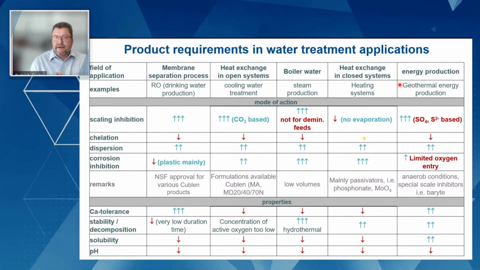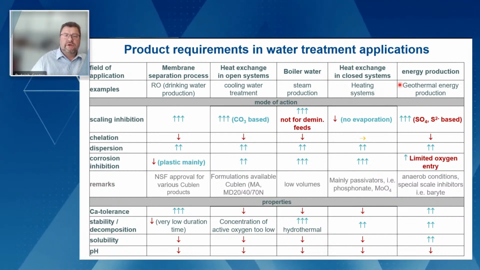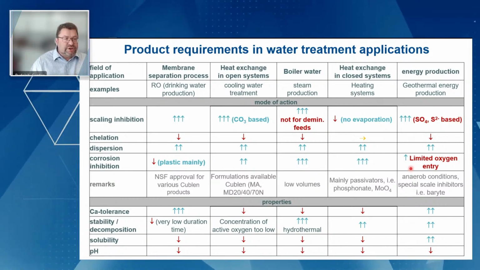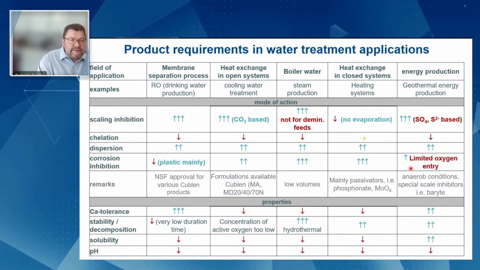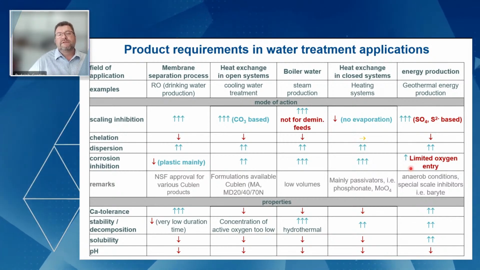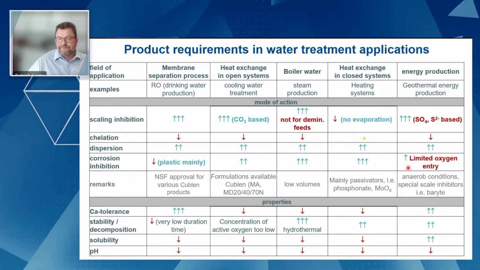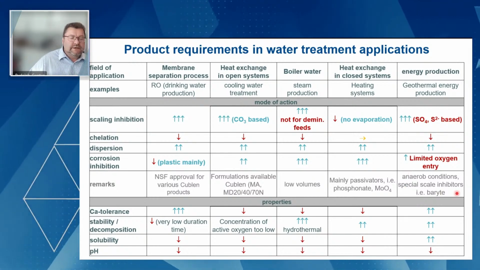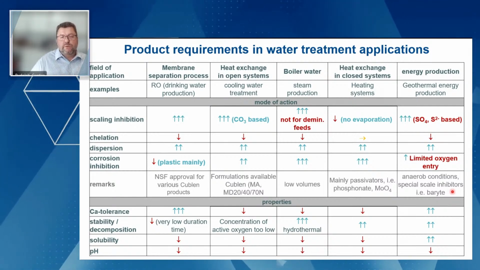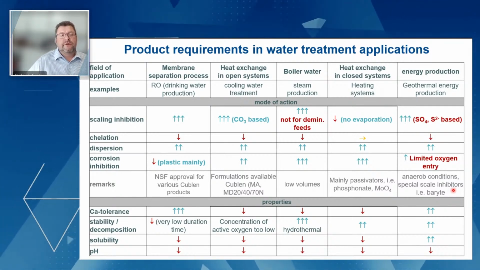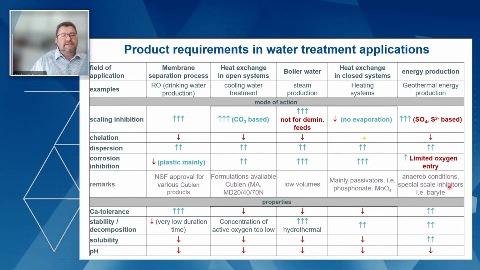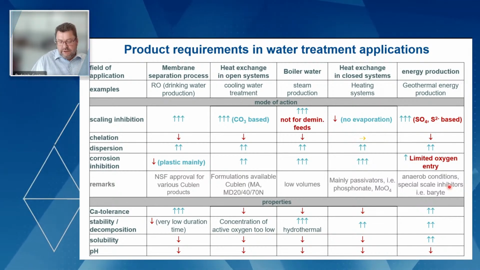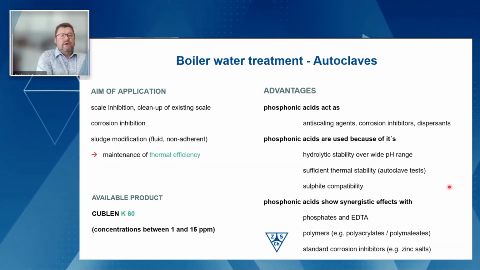And here some more exotic scales occur. So the conditions are different. We have a limited oxygen entry, so corrosion is special, and also the salts which tend to scaling are special. Barite, for example, barium sulfate, is very famous for this. And here we need some special scale inhibitors. So that means for each of these processes, we have different requirements in order to fulfill the requests we get